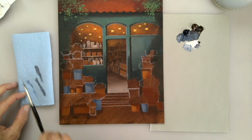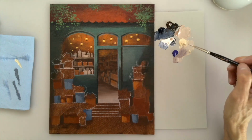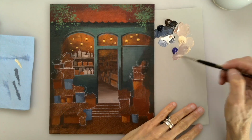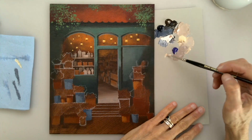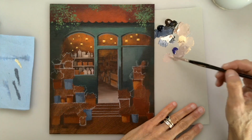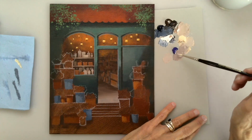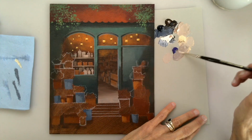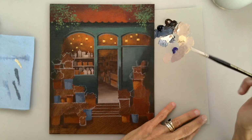That's good. Okay, so now we're mixing titanium buff or unbleached titanium or any color that's kind of an off-white that you have. And I'm putting ultramarine violet in it. So when you take titanium buff and then you put ultramarine in it, you will get that beautiful kind of soft purple, bluish purple color. But if you want it to be darker and more earthy, then with the tip of my brush, I'm putting a touch of burnt umber in there. And these two combinations of burnt umber and ultramarine violet will give you a beautiful, cool color